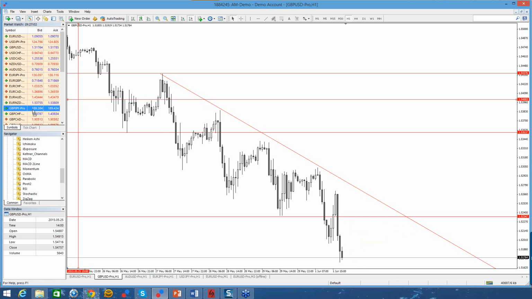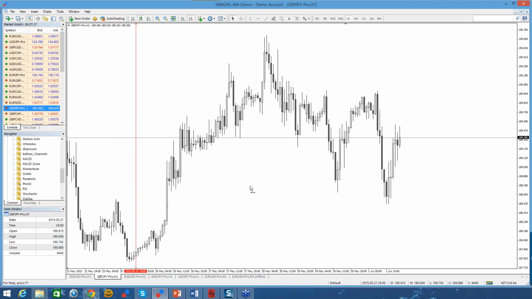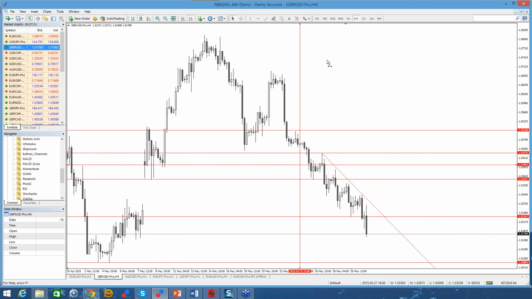If you put GBP/JPY on this chart, you can see that GBP/JPY is behaving erratically. It goes down, down, down, then it goes up, down, up, down. So this pair is behaving very erratically. That is the reason why I didn't put GBP/JPY on the list. It goes too much to the upside, too much to the downside. There is no clear trend on this pair at the moment,